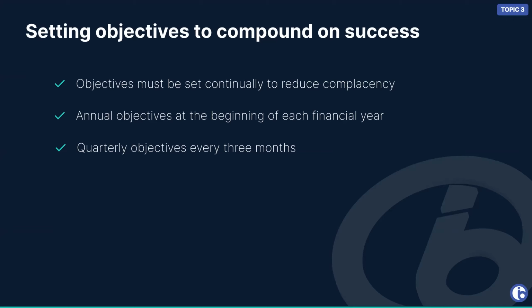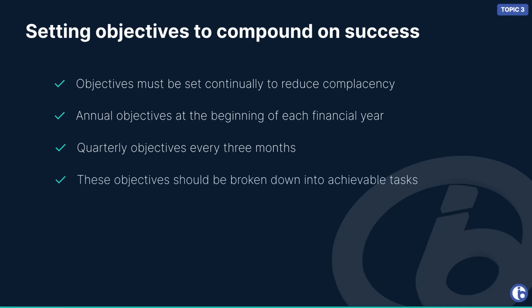Now, of course, in order to get to the annual objective, we need to break it down into smaller quarterly objectives, okay? So in order to increase more money, well, what are you going to do in quarter 1 to make that happen? Are you going to increase your advertising spend? Are you going to have more sales calls? Are you going to reduce wastage, okay? How are you going to increase your net profit, okay, in order to afford the things that you need? So quarterly objectives look a bit more like this, okay? We're going to do smaller things to work towards the bigger goal, okay? And this can be almost anything that will drive yourself towards the large annual objective, okay?